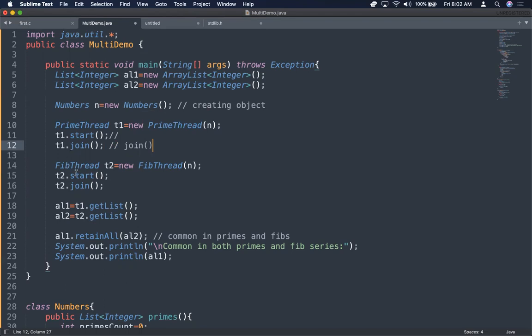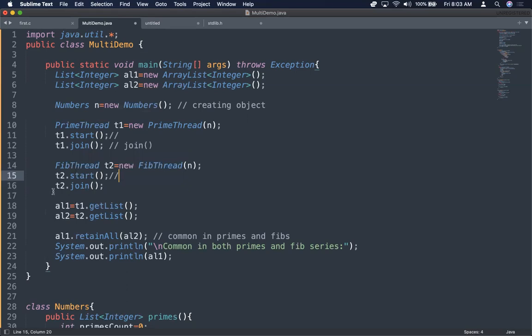Otherwise what happens, you have the Fibonacci thread, that is t2, also there, and your main thread is also there. So they will also be executing in parallel. Without computing the primes and Fibonacci numbers, your main thread cannot compare and identify common numbers. So whenever thread 1 is started, I'm making all other threads wait for thread 1 to finish. Let it finish first, finding all the prime numbers and printing. And then the Fibonacci thread, t2 equal to new FibThread, t2.start, and now this thread 2 also starts, but it will wait for t1 to finish.